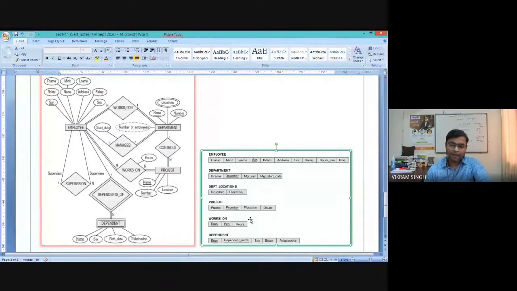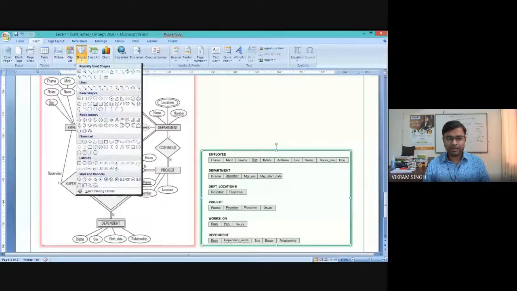Now, if you can see carefully, each and every entity is mapped into a table, and for each table we have defined an attribute as the primary key. Like for employee, we have mapped each and every attribute: first name, middle initial, last name, SSN, birth date, address, gender, salary, super SSN, and D number. Now, why are these last two attributes coming? These two, SSN and D number. That's what you have to see, right? So if you can carefully see it.